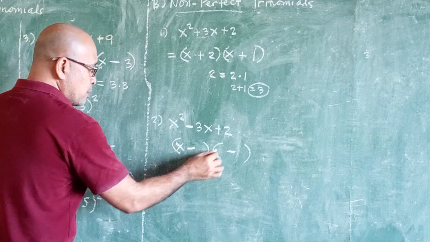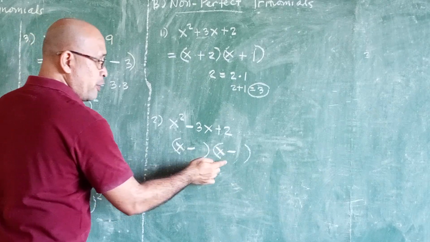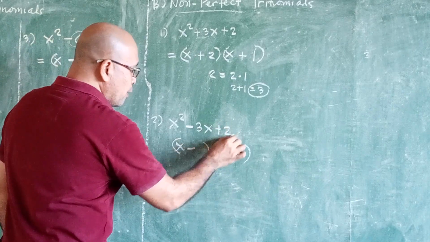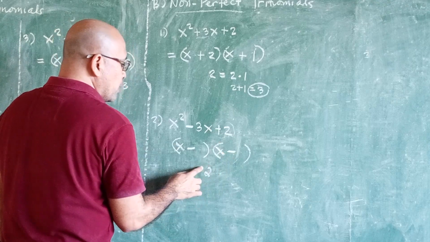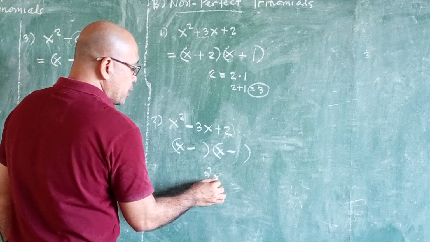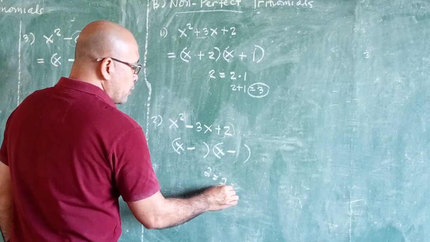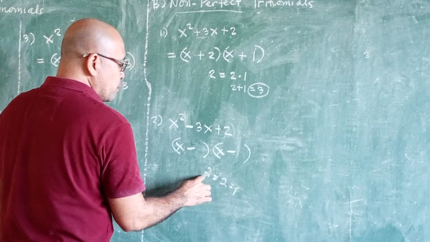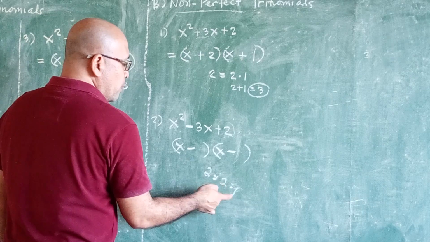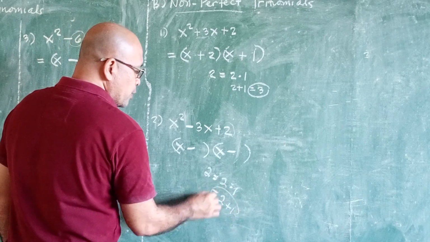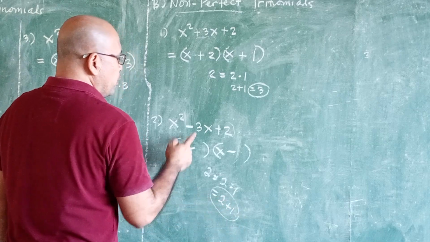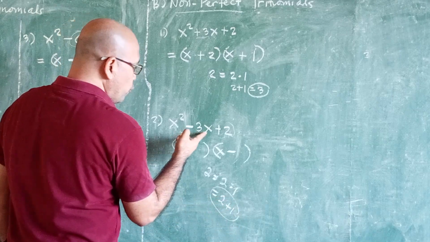Distribute x here as the first term of your factors. Then get all the possible factors of 2. Since it is plus, automatically positive. And factor this 2 times 1. These are the only factors of 2, 2 and 1. And when you add 2 plus 1,